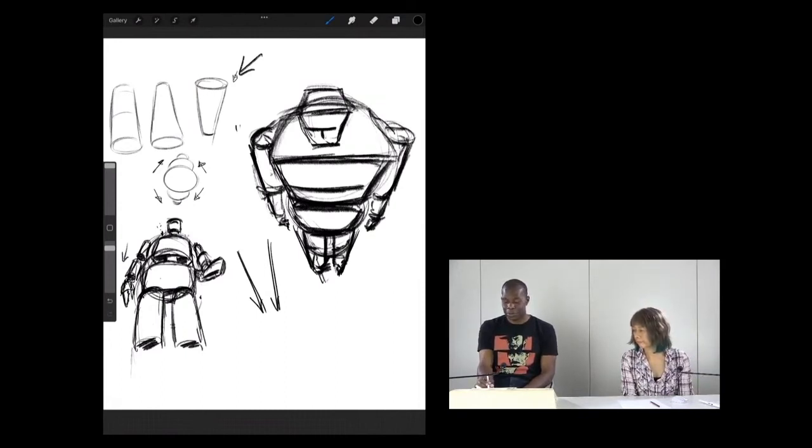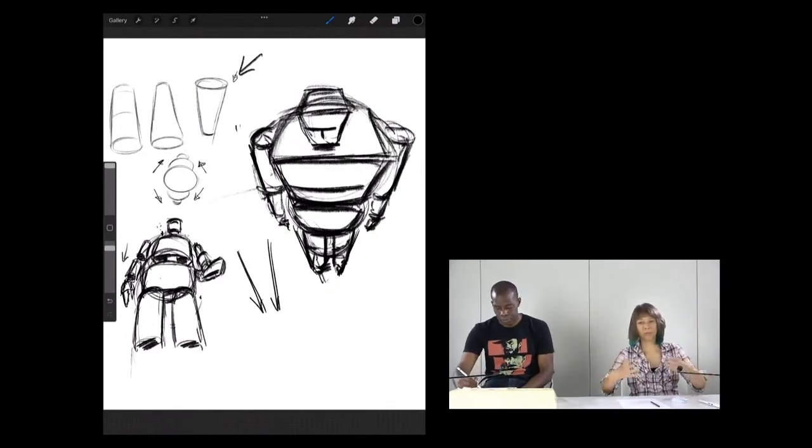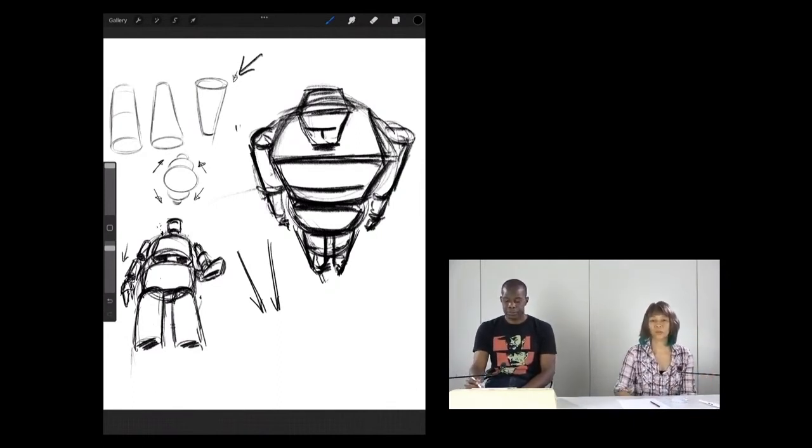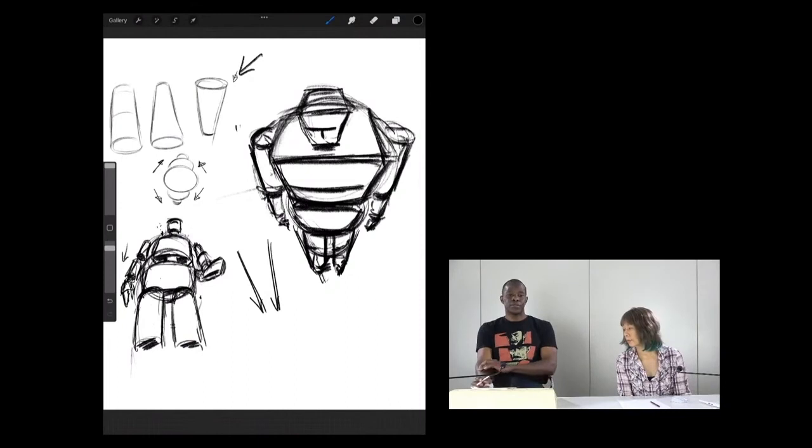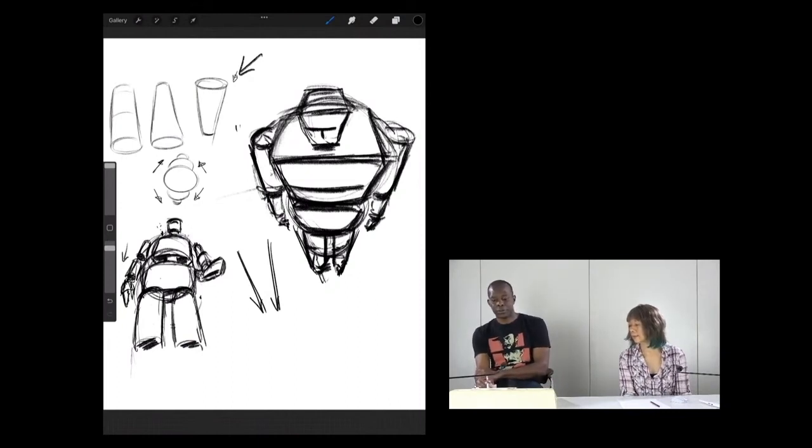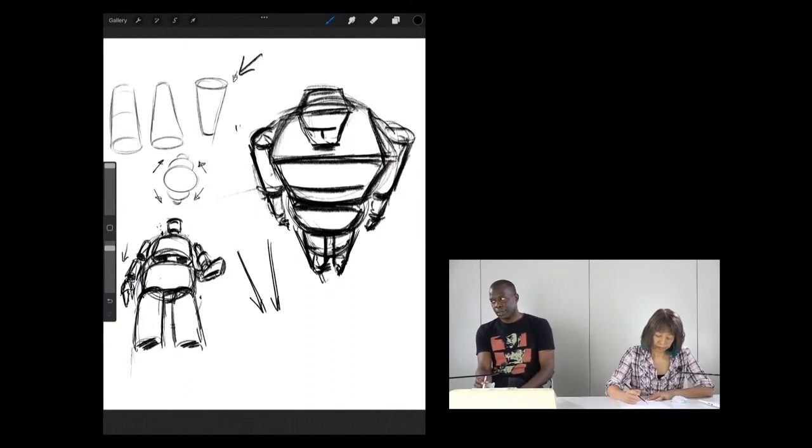I was kind of joking, but it's true. You see this kind of angle for giant robots, like he's standing over the city or something like that. We have this kind of perspective, which also gives a sense of scale, actually. So I know this is very, very boxy, but the thing is